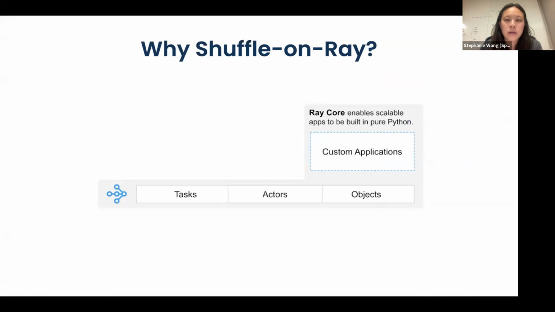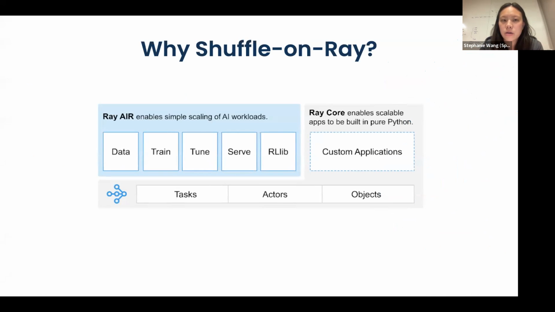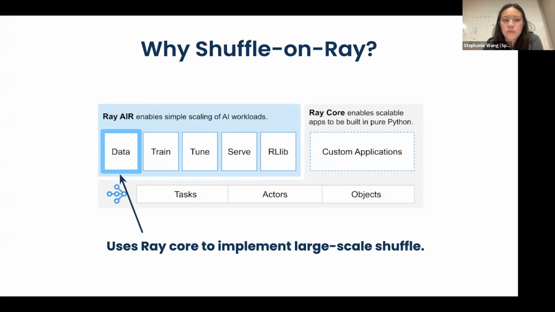And to make it even easier to scale AI applications, we have this toolkit called the Ray AI Runtime, or Ray Air. And this is basically a collection of libraries that handle things like training and data processing. And as Clark said, one of the most important libraries here is actually distributed data, since this is what's holding together all of the other libraries. So for this talk, we'll do a deep dive specifically of Shuffle, which is one of the more critical operations that's used by Datasets.